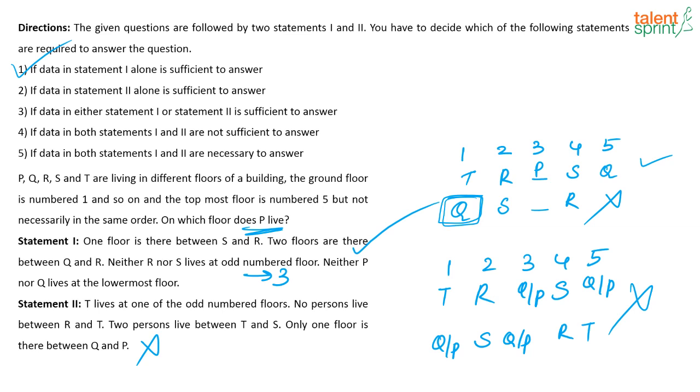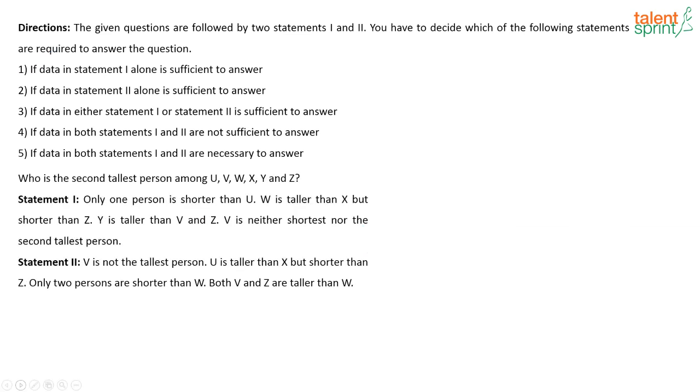Okay, moving on to the next question. Again, a question on data sufficiency. Who is the second tallest person among U, V, W, X, Y and Z? First statement says